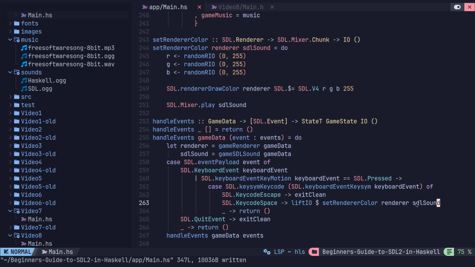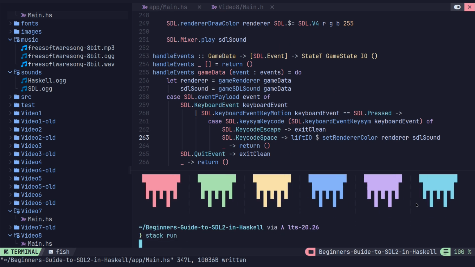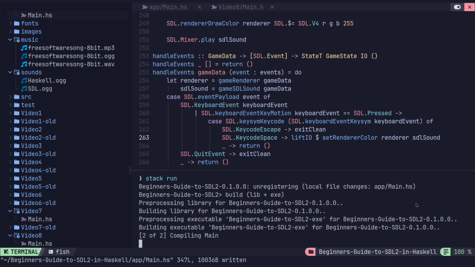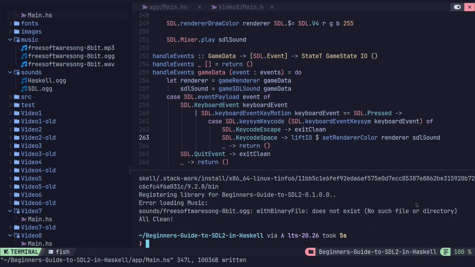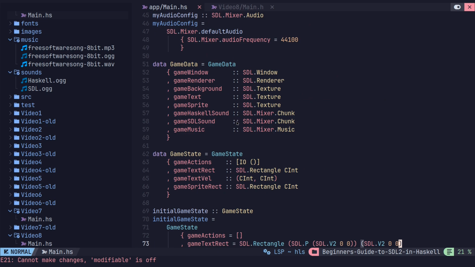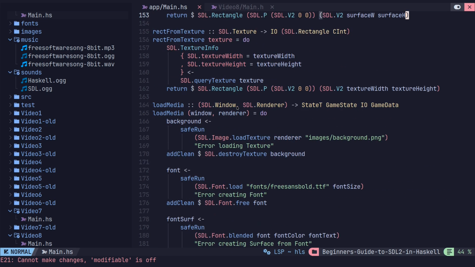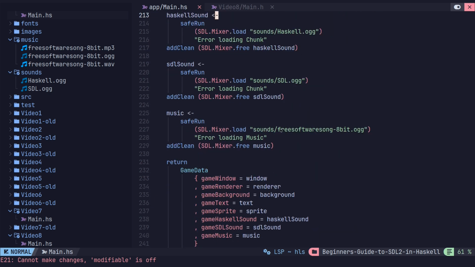I'm going to show it work and then I'm going to see what the crash looks like. So every time I press the space bar, it should say SDL. Whoops, it didn't work because we've messed something up. It says does not exist, so it looks like I spelled something wrong. This is not in sounds, it's in the music folder. When I was copying and pasting those in load media, the music one is actually in a different folder. It's in the music folder. So right here,